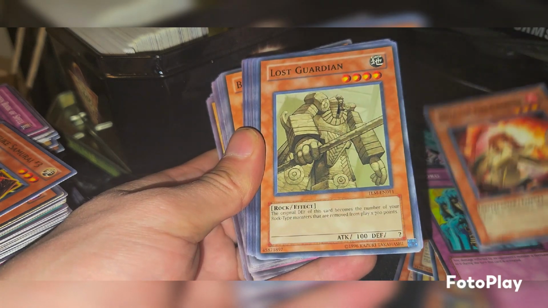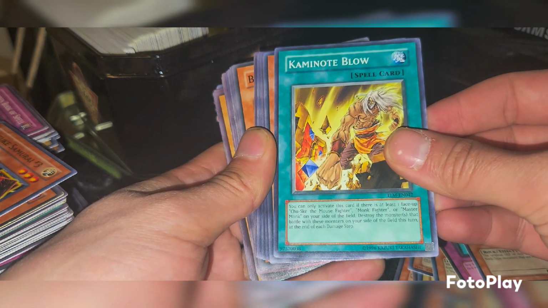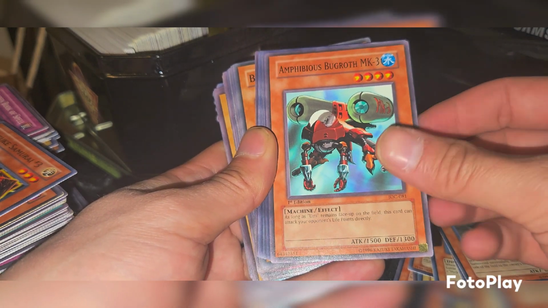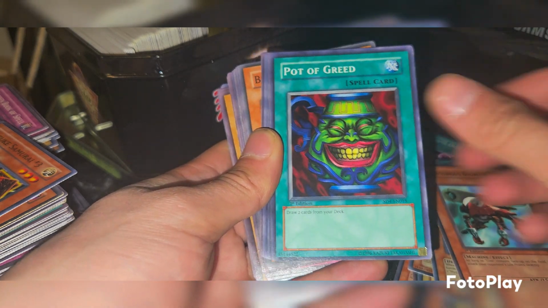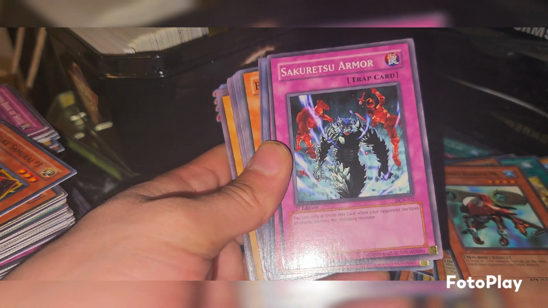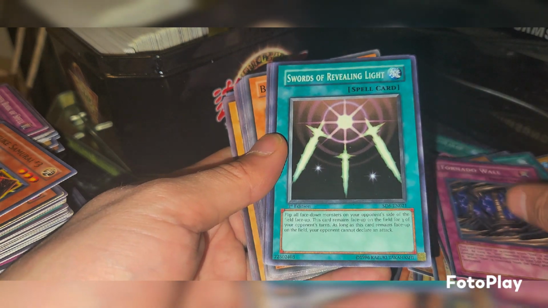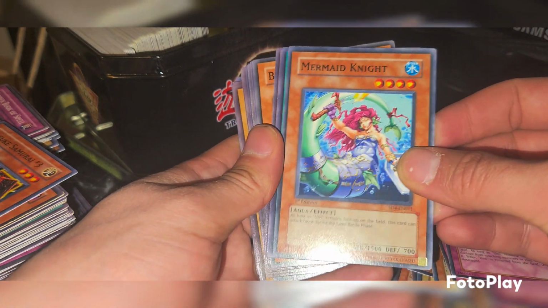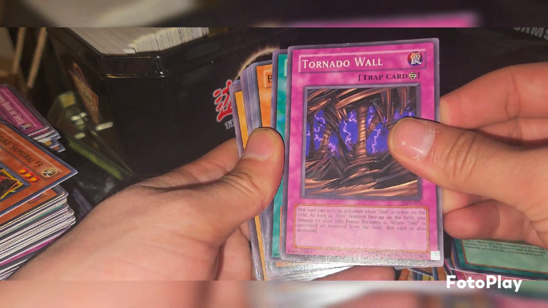Heat to the Fire Charmer. Lost Guardian. Kaminote Blow. Another Guardian Statue. Amphibious Burgoth. Mark 3. Hey, a Pot of Greed, dude. Fire. Pot of Greed. Sakuretsu Armor. Tornado Wall. Another Swords of Revealing Light. Mermaid Knight, Magic Reflector, Tornado Wall,